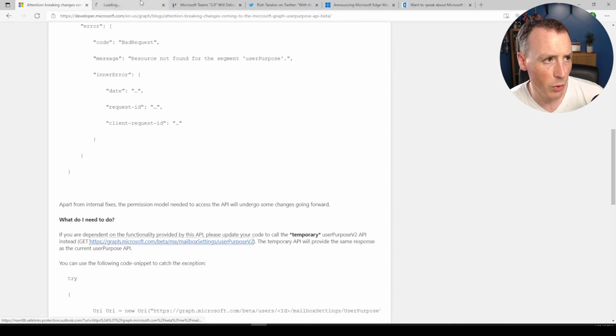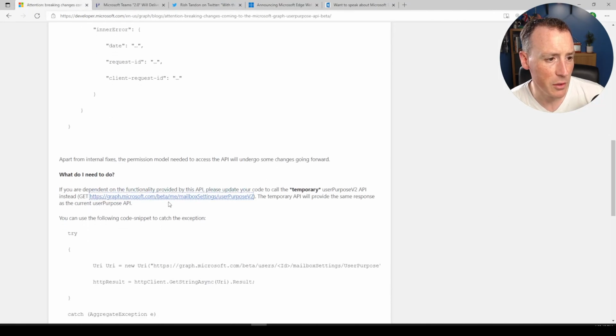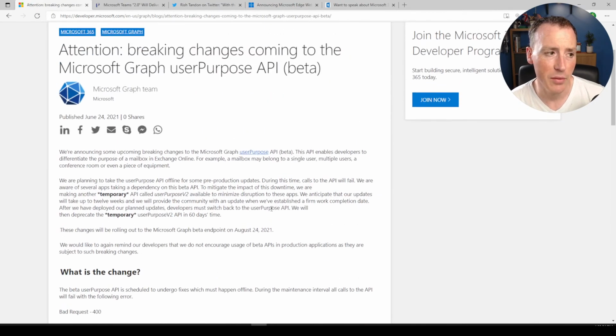I'm not sure what happens if you load it. Maybe it is there. It's giving an authentication request. So I feel like the V2 might actually be around today. So you could probably cut over to the V2 one already, if that's useful, and then you don't have to worry about it until